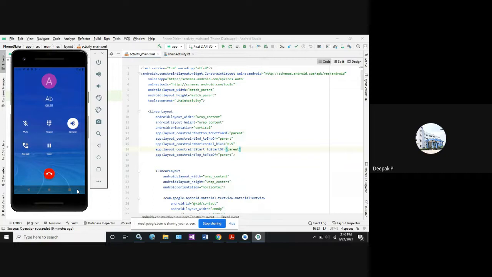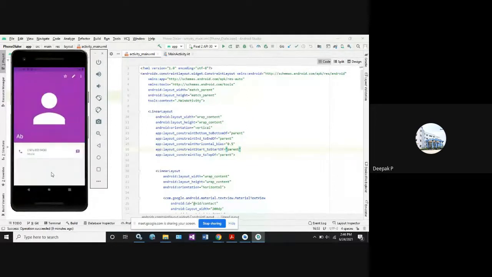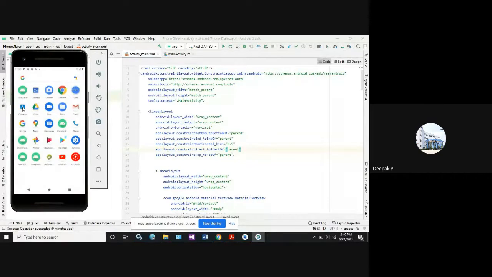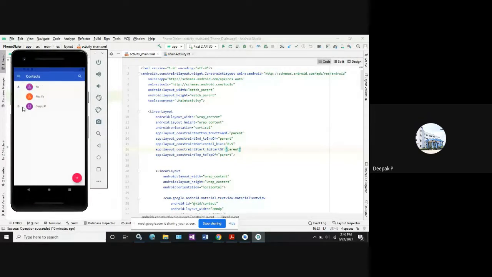So let's get back to the code part now. You can click on cancel. Now I can go back and check the numbers. If I click on my contact data field, it should show the numbers AB, ABC, XYZ, and I have taken my number here. So this is how you should develop an app in Kotlin for the 8th lab program.